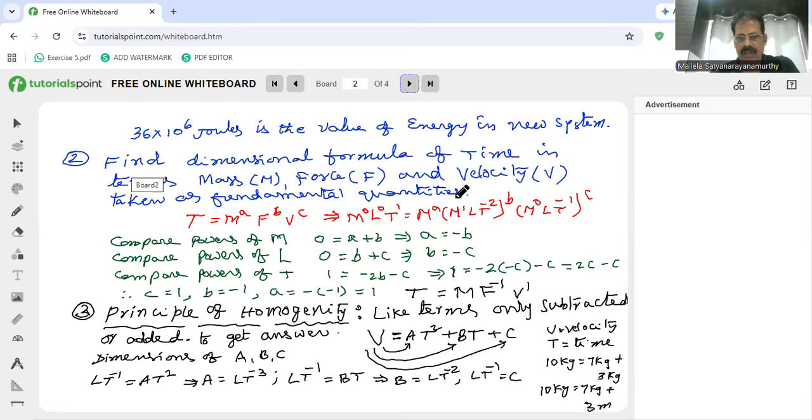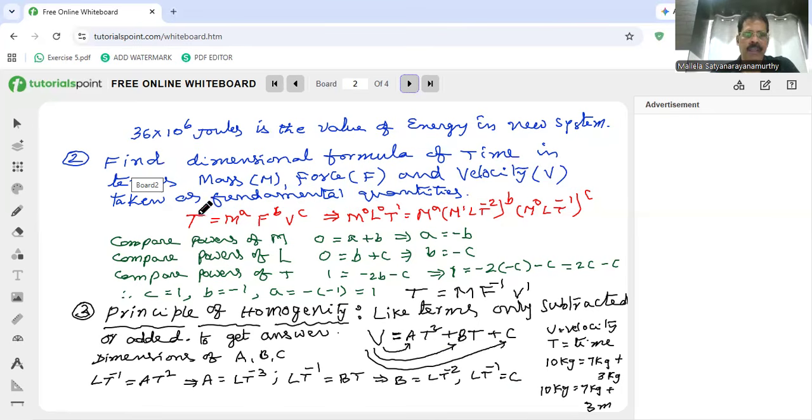They're taken as the fundamental quantities. You know the fundamental quantities: mass, length, time, thermodynamic temperature. There are 9 fundamental quantities. Generally, all dimensional formulas we write in terms of the fundamental quantities only. But take these 3 as the fundamentals and write the dimensional formula of time in terms of these 3